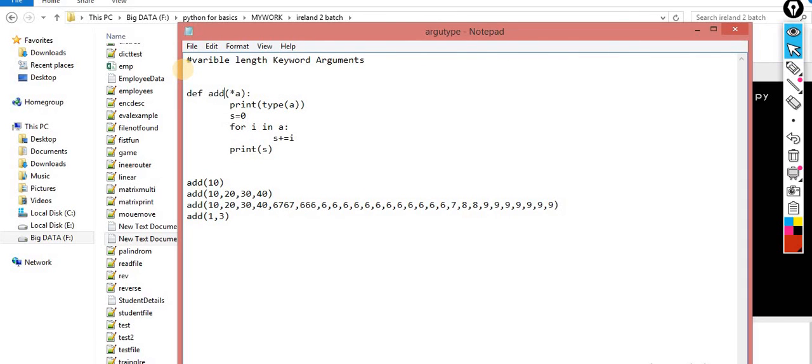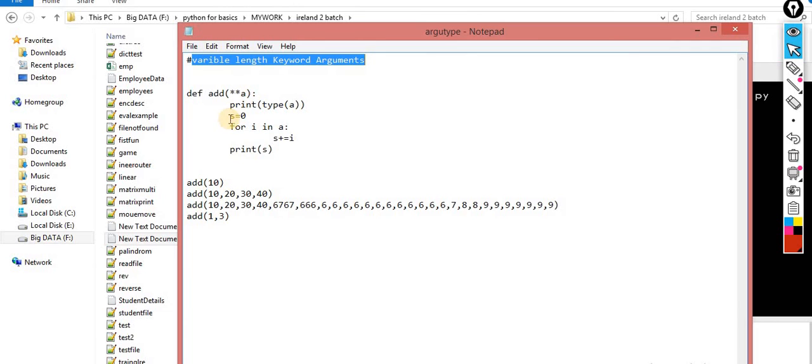Very simple, with two asterisk signs. Now don't consider it pointer to pointer. If I compare with C++, then this concept is called pointer to pointer. But at this point of time it becomes variable length keyword arguments, so don't get confused.